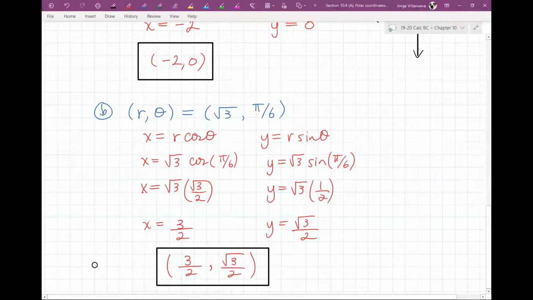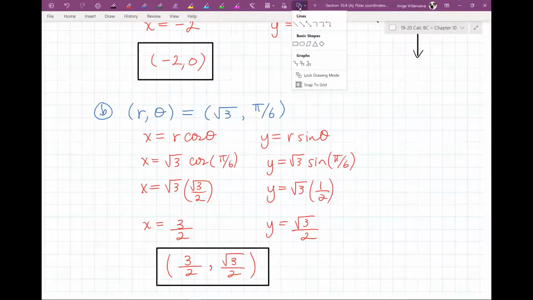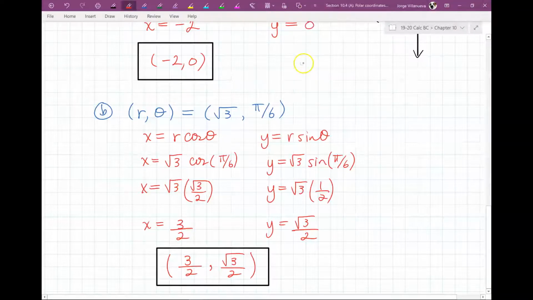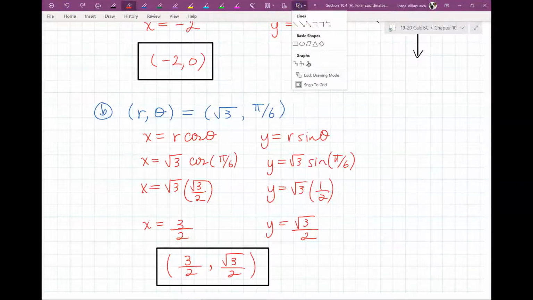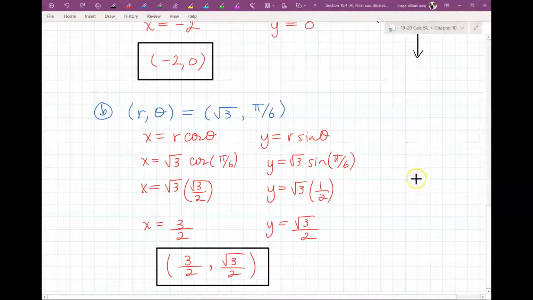Now, of course, if you were to graph this, if you wanted to show it, this is a little bit harder to do. I don't think I have that option. Let me see. No, they don't give me an option to do a polar graph here. It'd be kind of nice if they did. So let's see. So if we were to graph it,